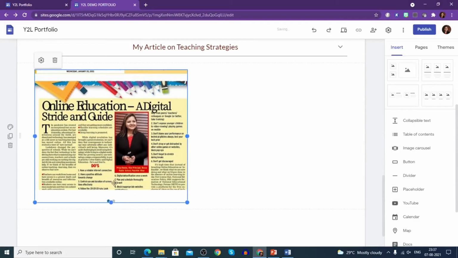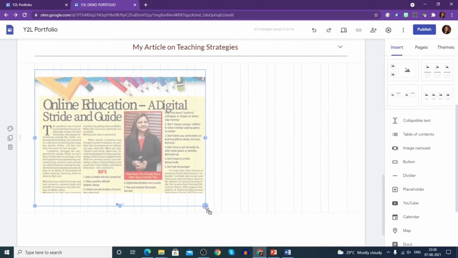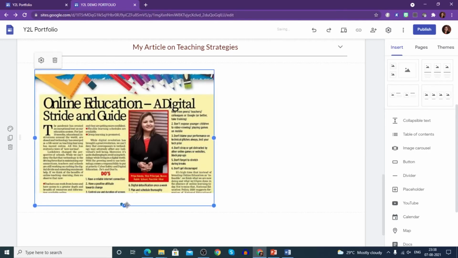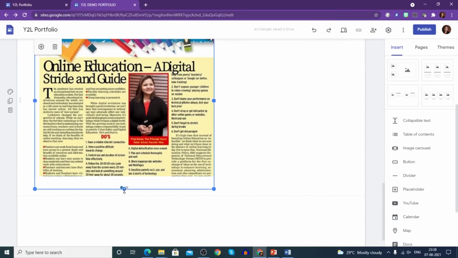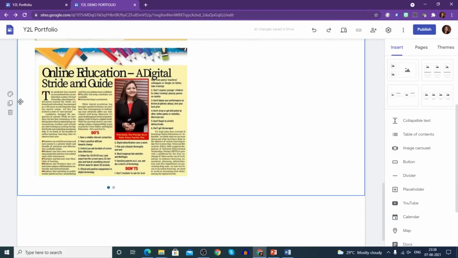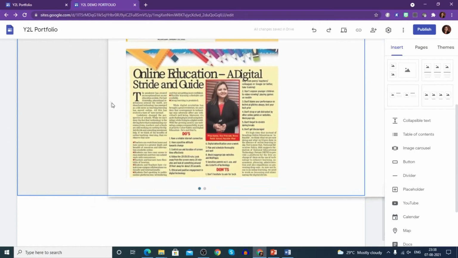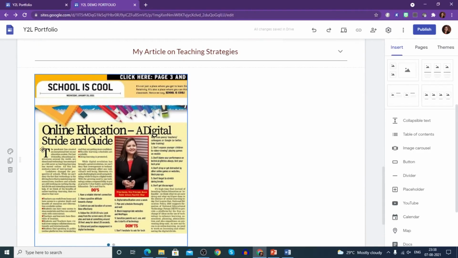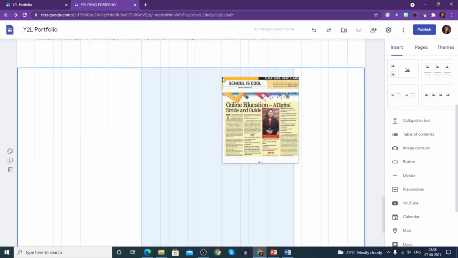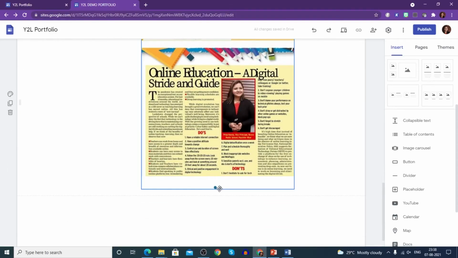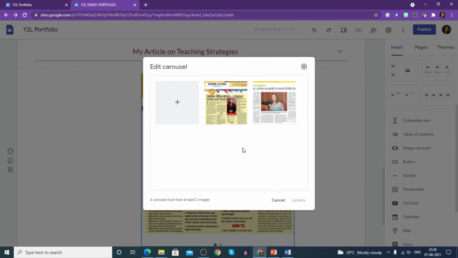Now this is coming here, and if you need to reposition it, you can, you know what you have to do. You want to enlarge it, you want to include more of the text, it's up to you. So once you are done, if you want to reposition it, you can change the position also. Somewhere here we need to just push it so that it comes to the middle, right? Now you see 2 dots are coming. If you click,